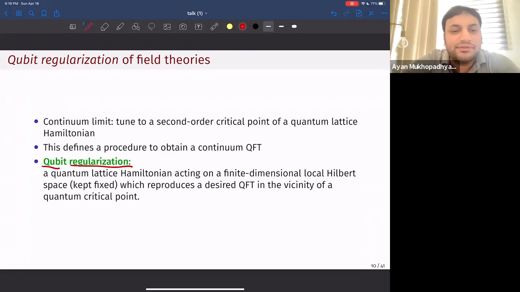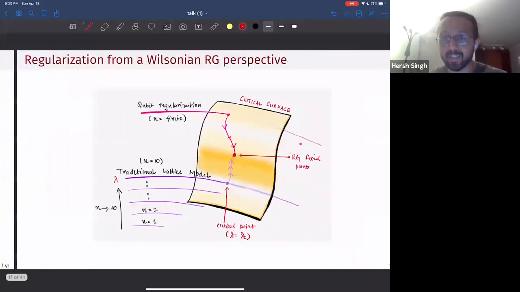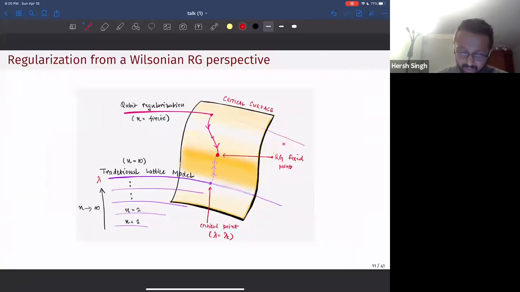Hersh, I still have a very naive question. Suppose you want to simulate some confining theory, like QCD. Then why do you need some criticality? Yeah, so the criticality is needed just to take the continuum limit. Actually, I'll get to it in just a minute. I have a picture that might be easier. Okay, it's right here. So let me explain it using this. The question you're really asking is, how do continuum limits of lattice field theories work? How do you take a continuum limit?